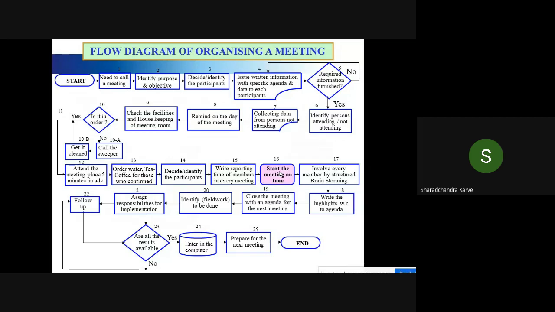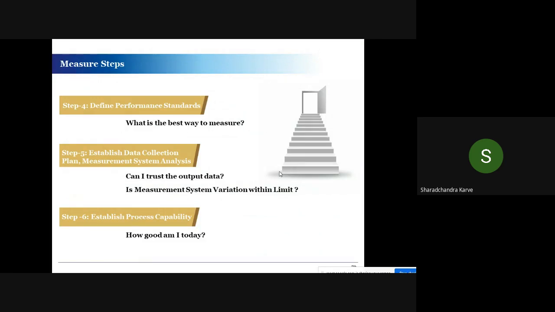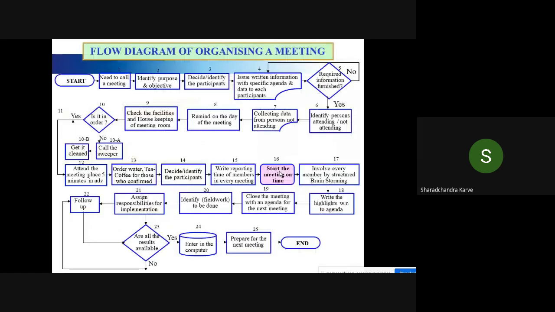Okay, so for any process you can draw a process flow diagram. This is what is called process flow or process mapping. This is very important to understand as the as-is process. When you are going for improvement, it is very important to understand what the as-is process is, and I gave you an example about a